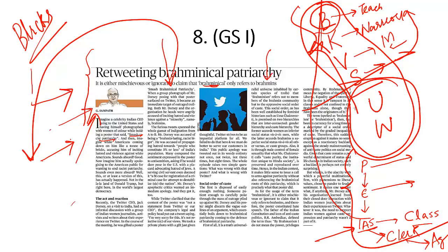It is this hierarchical system that is what we call Brahmanical ideology. And it is this Brahmanical ideology that should be eliminated from the society. Then we can talk about an egalitarian system, a system which is based on liberty, equality and fraternity. That is what B.R. Ambedkar talked about.